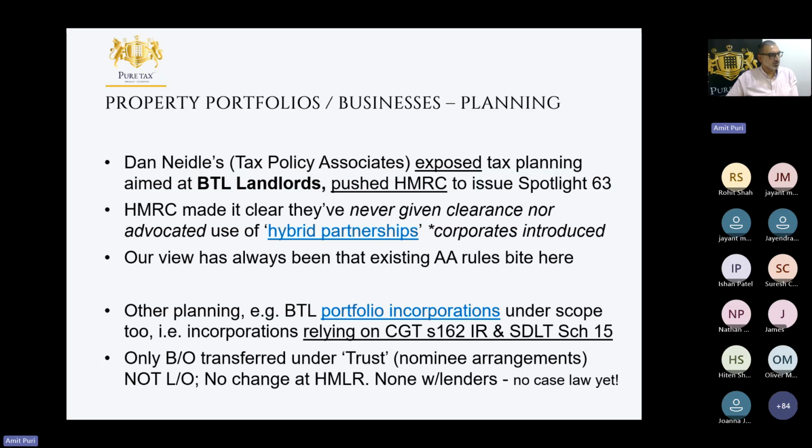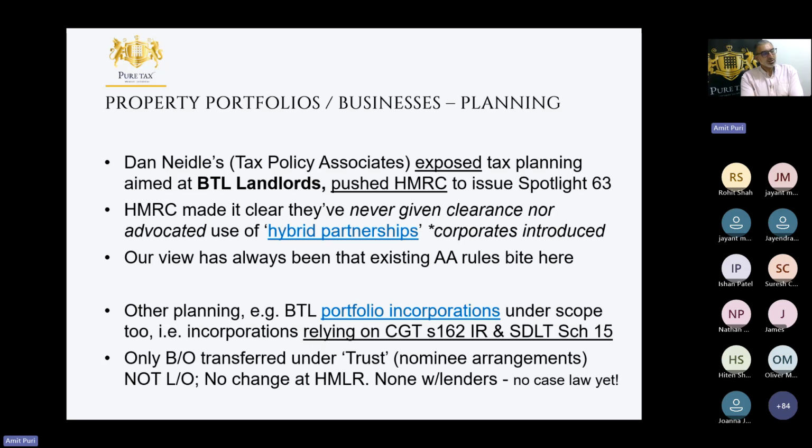And the other big one, obviously, was the regular incorporations. Property 118 were behind these by a long mile, but so were Less Tax for Landlords, as well as lots of, I say, bastardized versions of this planning. We see a lot of agents or smaller outfits copying this type of planning. But the problems here were different. There isn't an LLP here, but the focus was on incorporation relief for CGT purposes, satisfying the qualifying criteria for Section 162 and basically saying no stamp duty applied either.